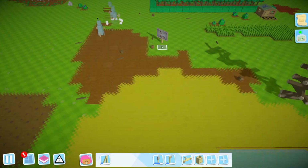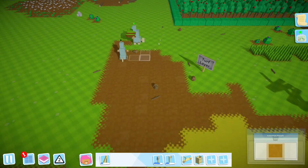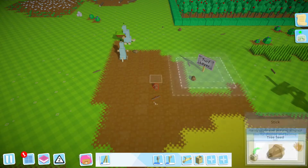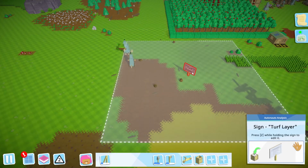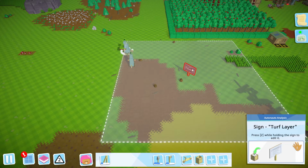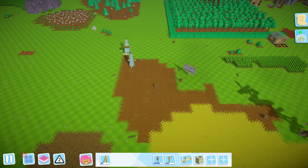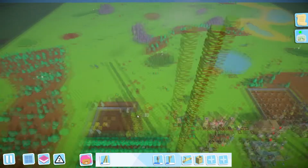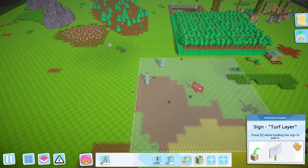I experimented with signs. Basically, you can make a whole bunch of bots that work within a range of a sign instead of an area. So I've done 2 crews. One that I call the turf layer, and this guy's only job is to go over here to this tower